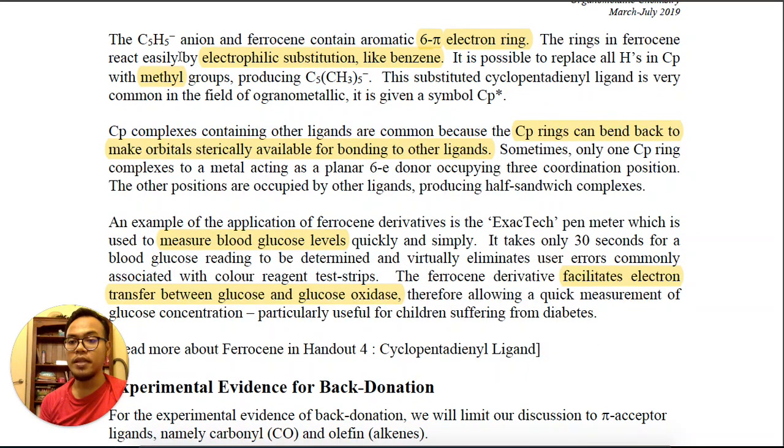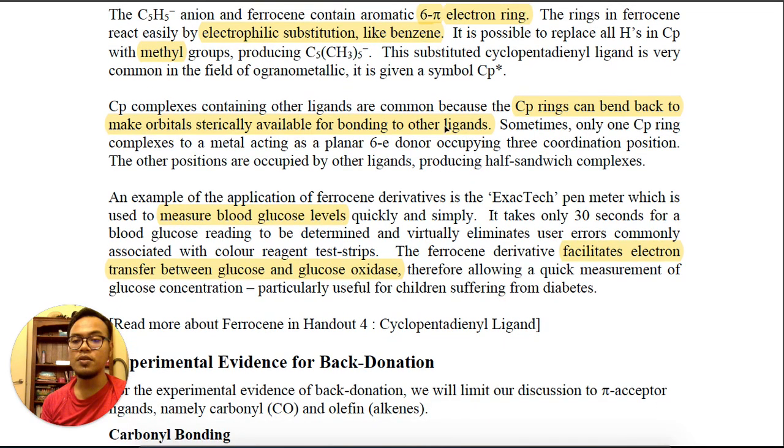We know that cyclopentadienyl anions and ferrocene contain a 6 pi electron ring. That's why it can easily undergo electrophilic substitution, just like benzene. If you still remember how benzene can react with other chemicals through electrophilic substitution. We can always replace hydrogen with a methyl group. For example, we have seen this C5CH3, where all hydrogens are replaced,